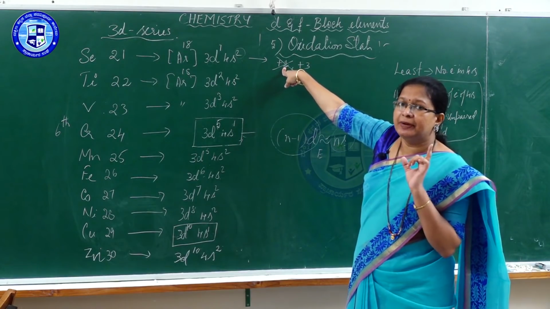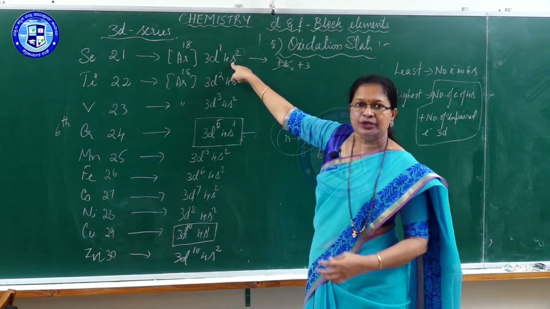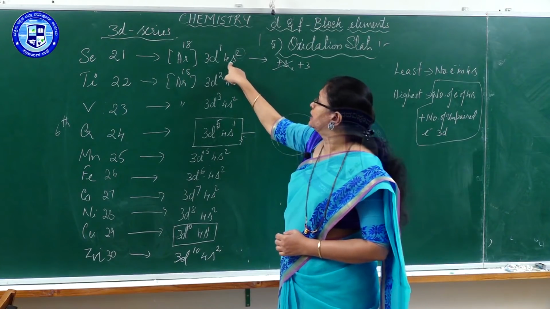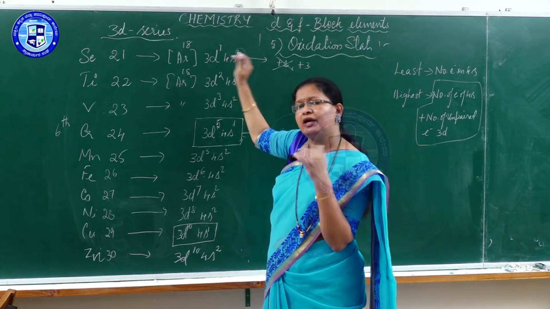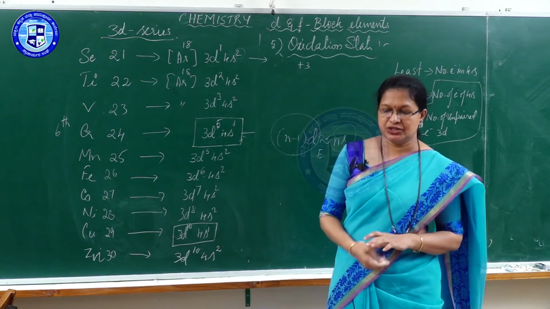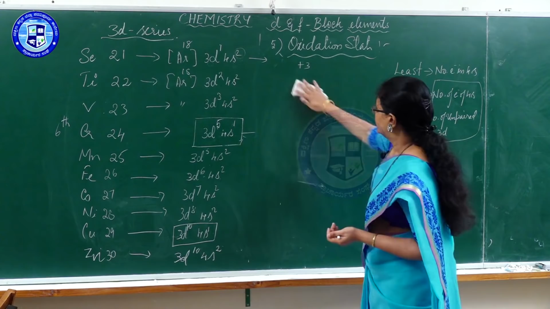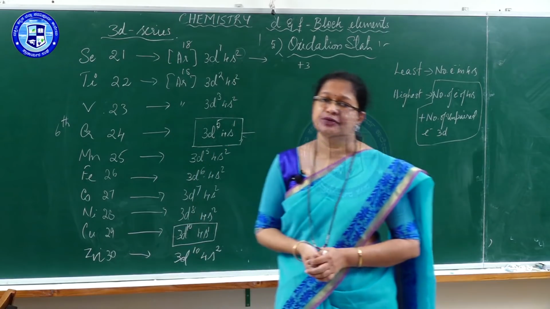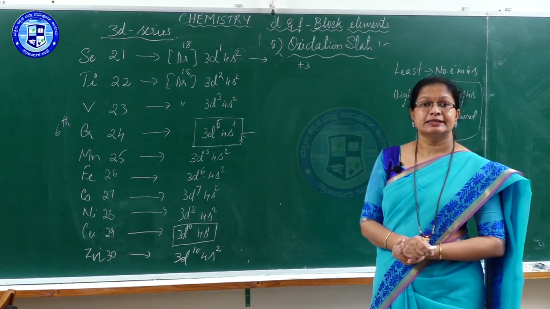Scandium can give only +3 oxidation state, not +2, because after losing one electron here, how much remains? 4s1. Keeping that 4s1 electron, because the d has only one electron, is not stable. That is why all the electrons will be lost altogether. So, it exhibits only the +3 state. This is one of the questions, maybe a 1 mark question or a competitive question also. Which element does not exhibit variable oxidation state? If you get some other options, then you can take scandium here.